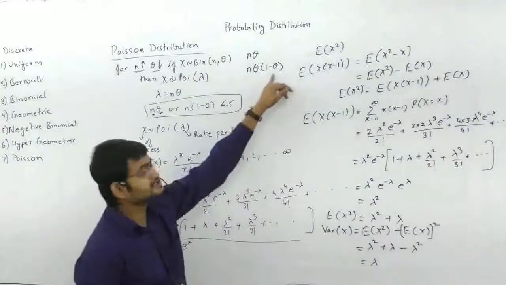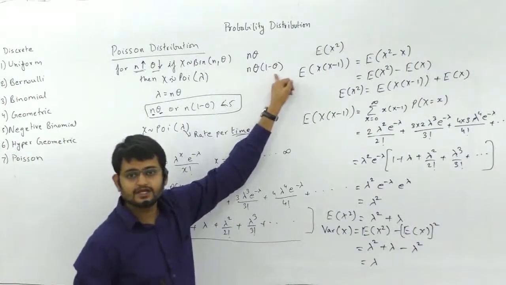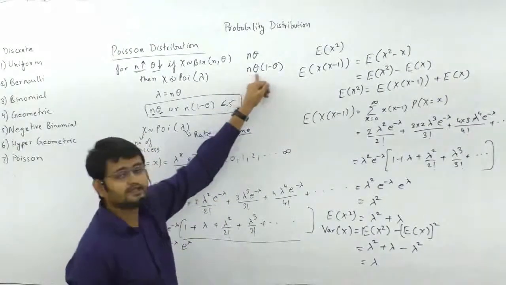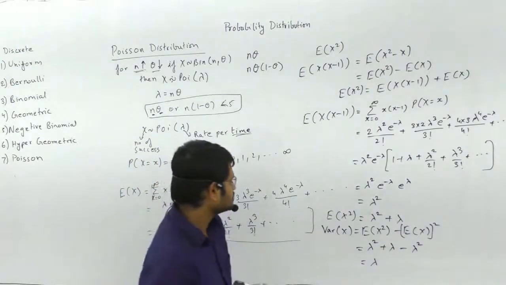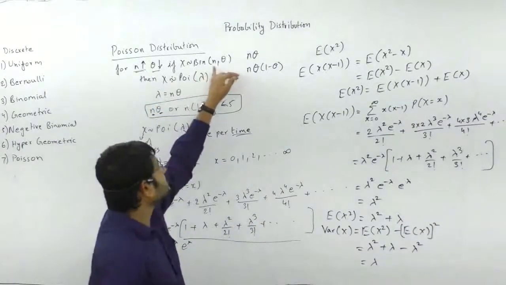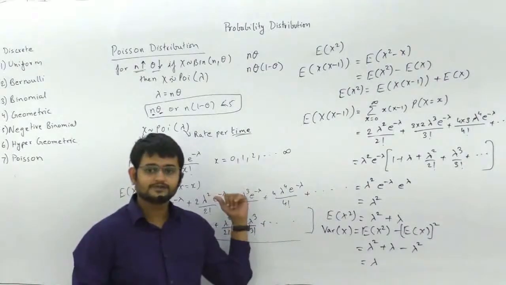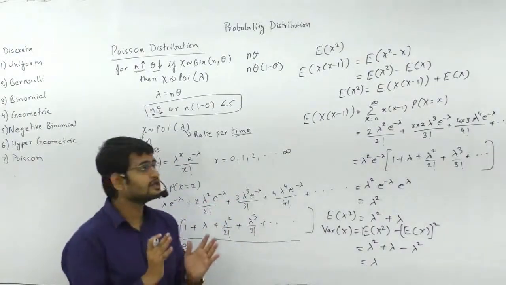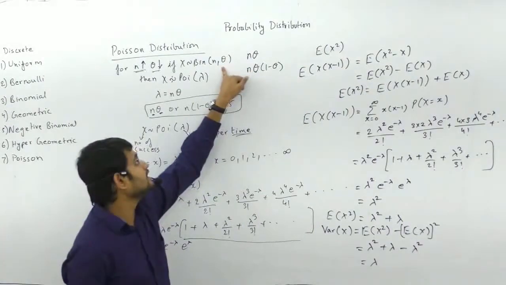Now if theta is very small, almost equal to 0, then 1 minus theta is nothing but 1. If 1 minus theta is 1, then n theta becomes equal to our expected value. Because Poisson distribution is nothing but infinite n and theta very small, the variance and expected value of Poisson distribution are the same. And this is the main reason we cannot convert a binomial distribution with large theta into